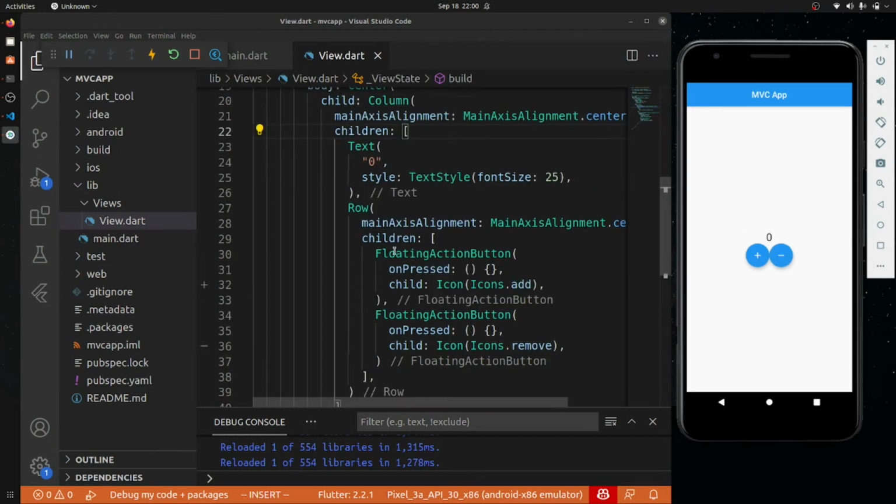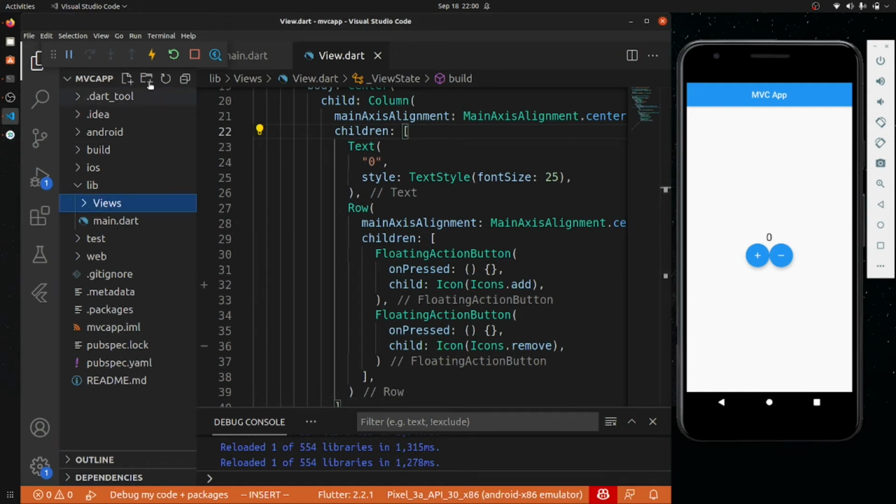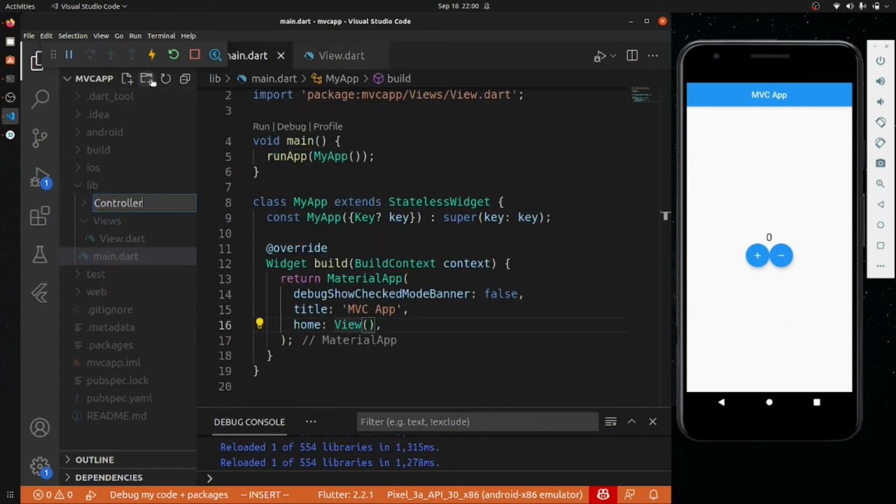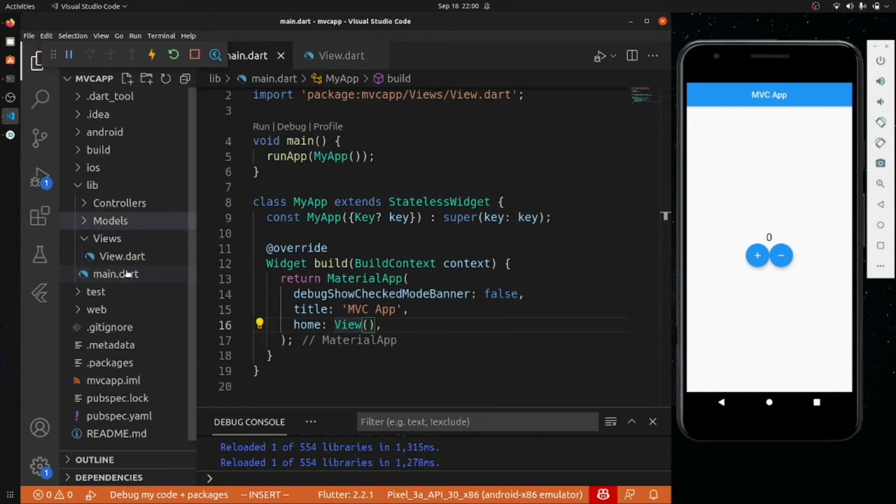Okay, so for that we need to create some other stuff, not inside this view. We have to create a controllers folder also, and we need to create a models folder also. So basically we will keep the model in this folder, and the controller in that folder. So firstly, let us create a model.